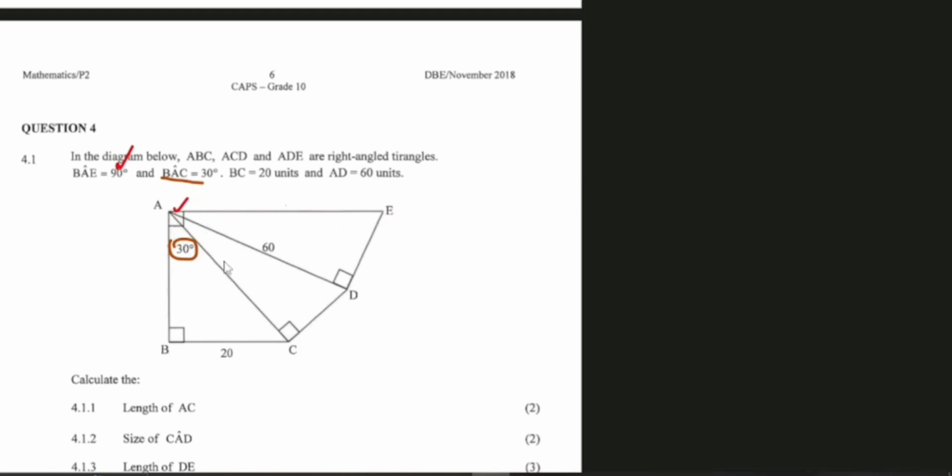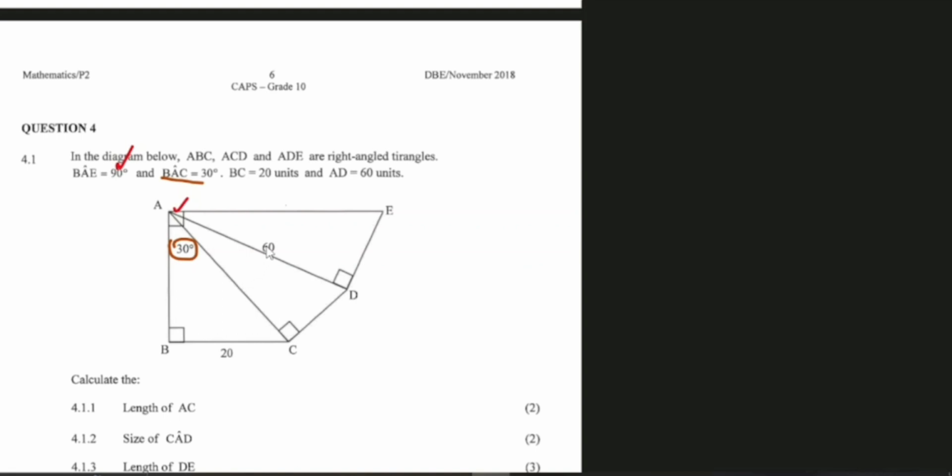So if you've gotten AC and you also have AD, you can use Pythagoras' theorem to determine CD. If you've got the angles for BAC and CAD, you can also subtract them from 90 to get angle DAE,